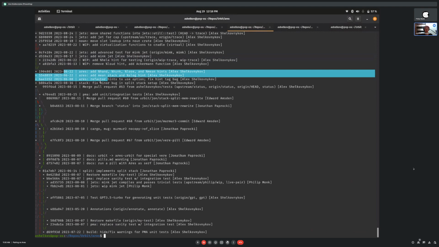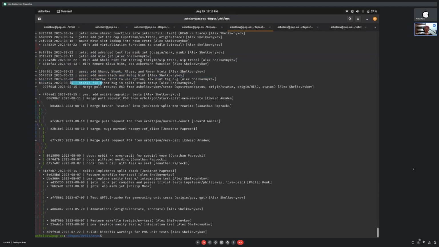So there was a thing where I fixed a minor stack bug and then added the mean stack and the slog hand. Off screen, I went through and I changed the mean stack because we're talking about it. And the way Ed originally suggested doing it was, I think I did a combination. We can take a look at it sometime of what you suggested when we were working on Mink and what Ed originally suggested, where